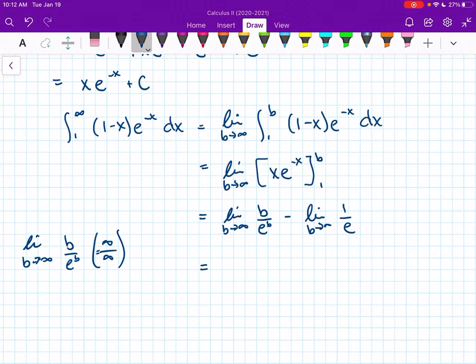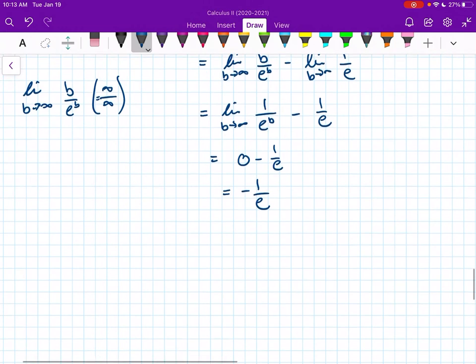So the derivative of b with respect to b is 1, and my denominator is e to the b, minus 1 over e for that second term. So now I can see that when b goes to infinity, that first term is going to be 0. So my answer here would just be negative 1 over e. So that is going to be the value of that integral, which means if I look at this area,